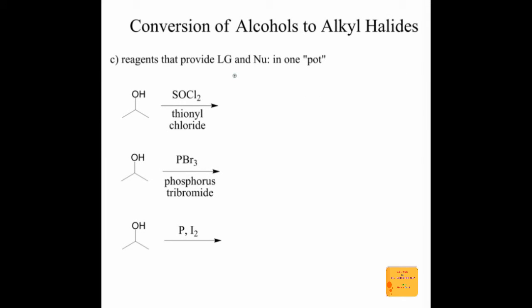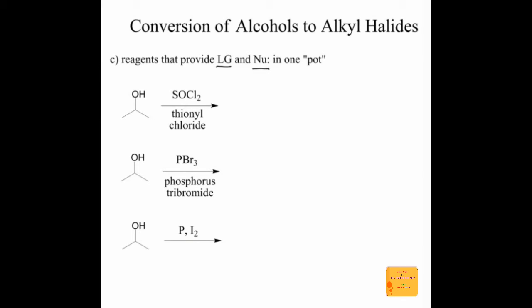Okay, and this involves some new reagents for us, and what each of these do is they both provide the leaving group and they provide a nucleophile all in one pot. So all at once we add this one reagent and it both makes the good leaving group and it replaces that leaving group. So unlike the tosylation, which is a two-step process, you have to make the tosylate and then you displace it. And unlike the HBr or HCl, where you have these strongly acidic conditions that do some other